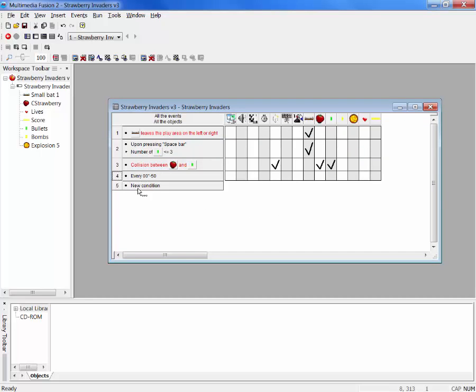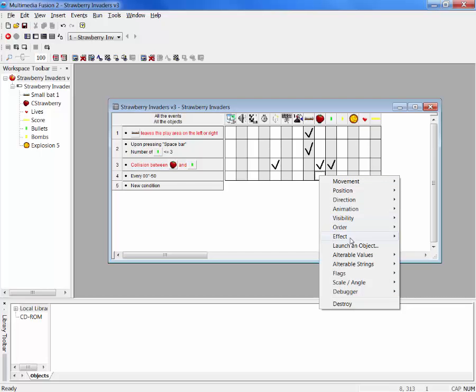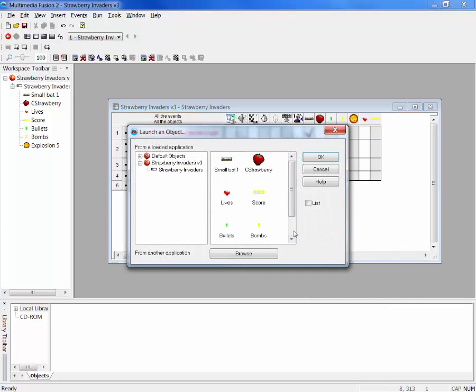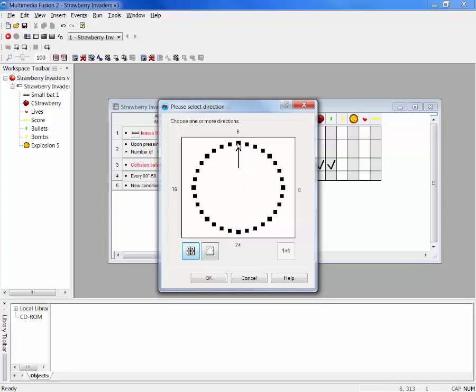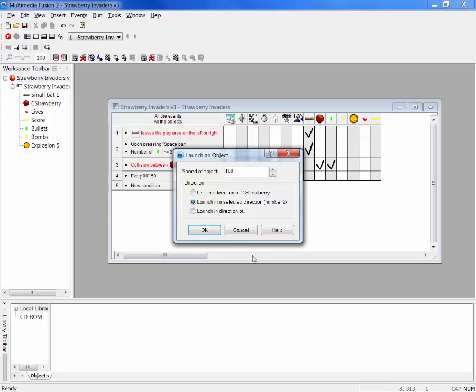We also want it to randomize. Well, first of all, we'll set the strawberries to launch the bombs, as we did with the bat in the previous video. So the bullets are green, the bombs are yellow, and we want to launch in a selected direction, not that direction. We want it to drop the bombs downwards. We click on OK,